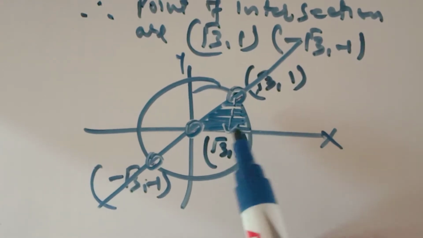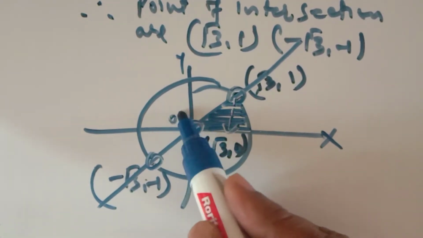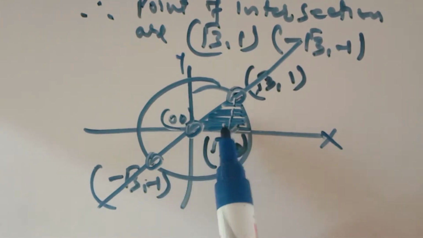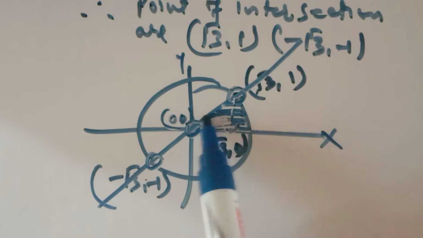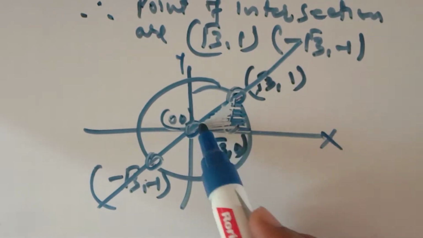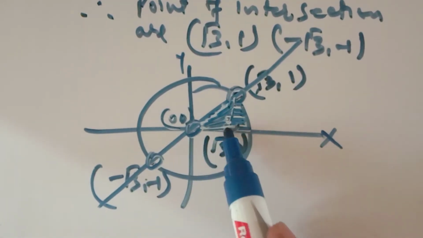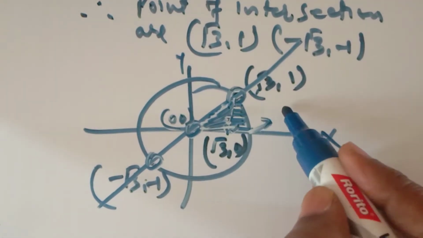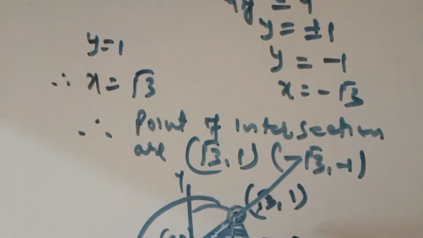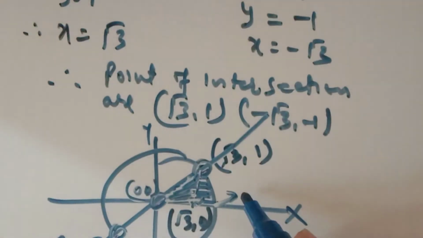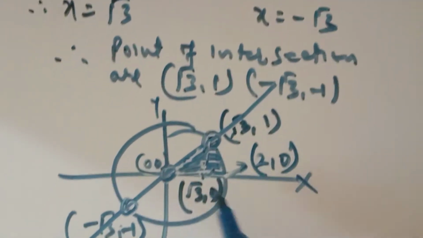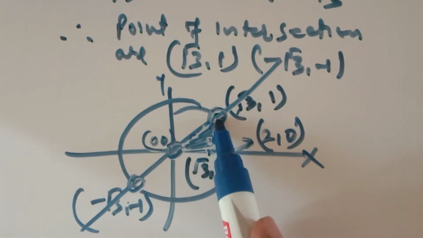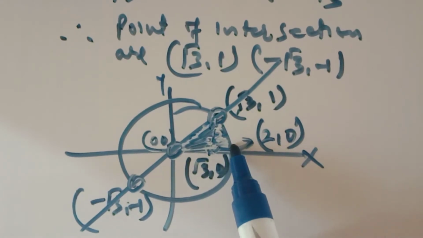So see it very carefully. Now the center of the circle is the origin. So from 0 to root 3, it is touching only the line, and from root 3 to this point, the radius of the circle is how much? It is 2, so this point will be (2, 0). So from root 3 to 2, the area is touching the circle.